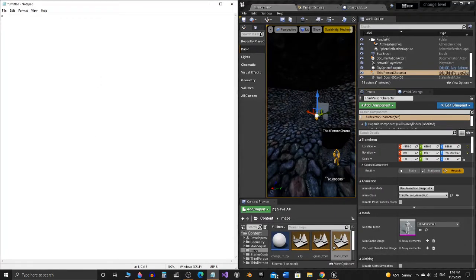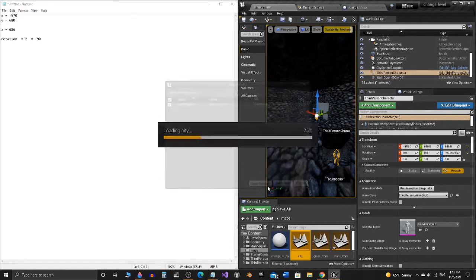So x equals negative 570, y equals 680, z equals 686. And now the rotation is, not x but z, equals negative 90. Okay, so now let's go back to the city level